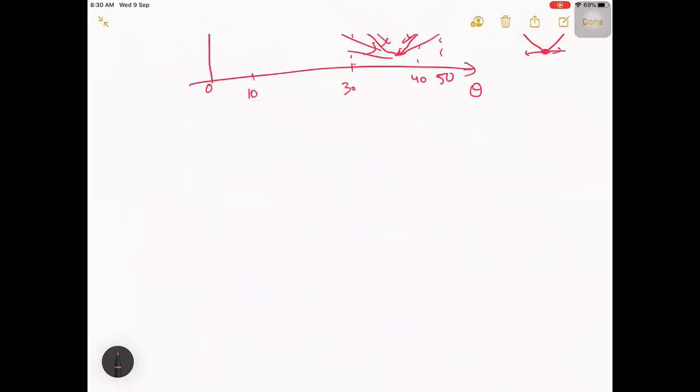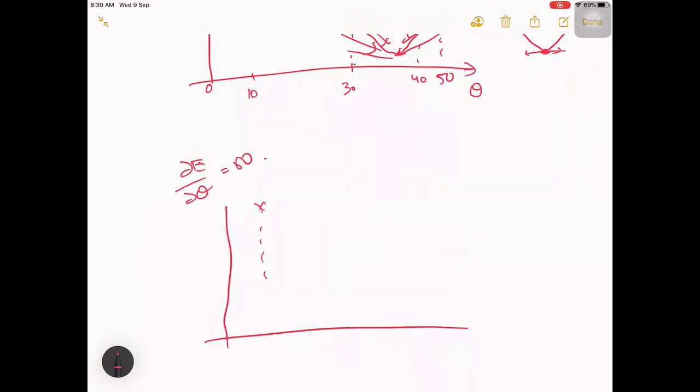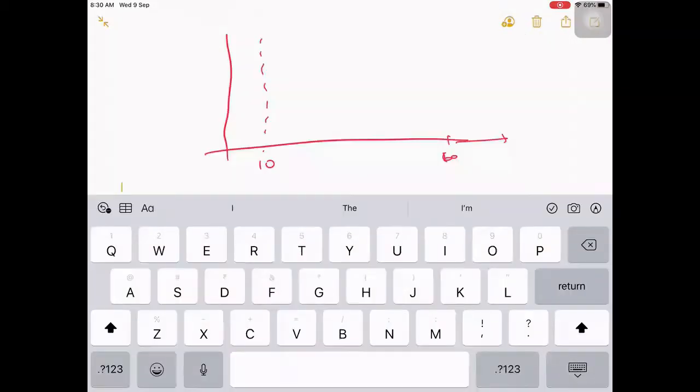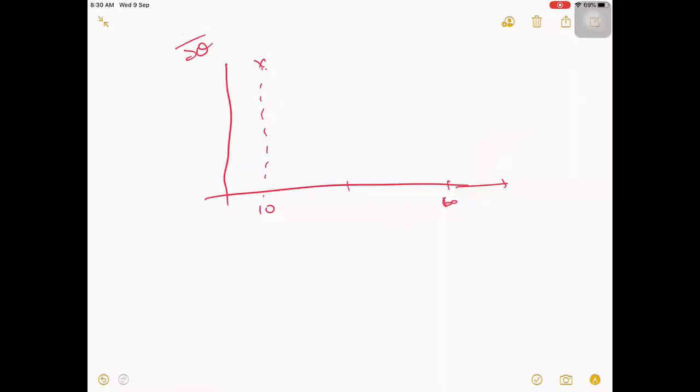Let us say your d by d theta is 50. In case there is no alpha, first it is 10, then it is 60, 110, 160, something like this.